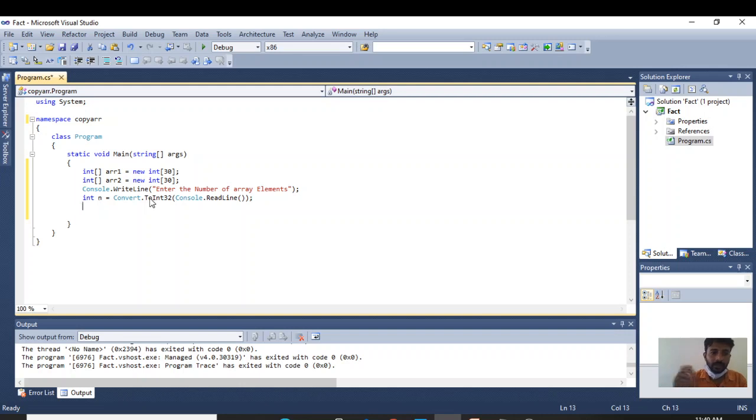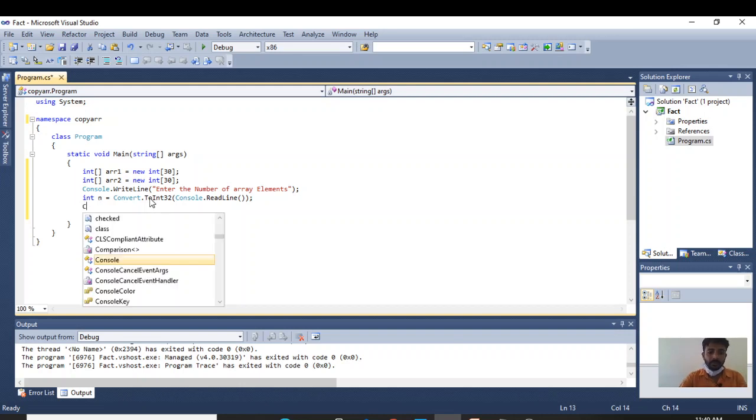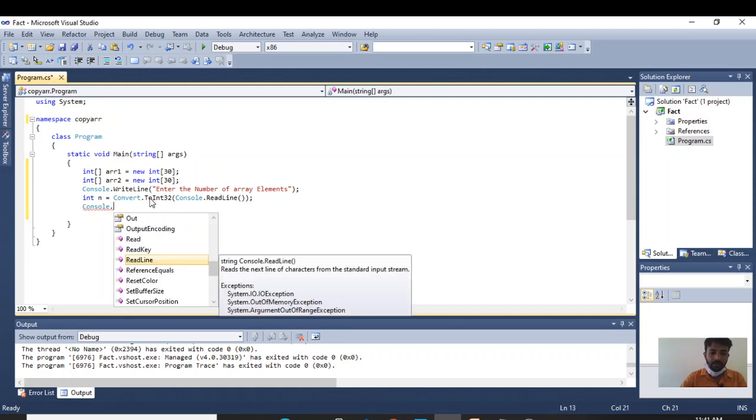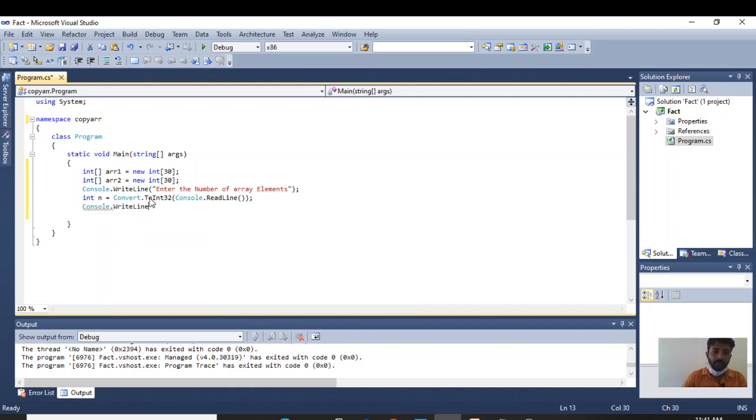Next, I will print one message: Please enter array 1 elements.